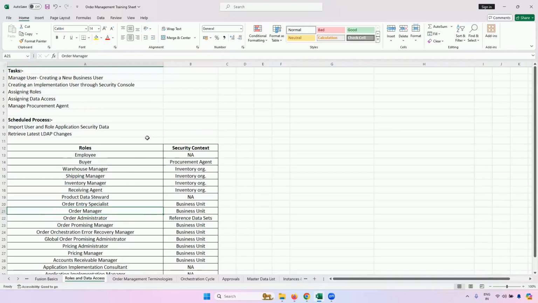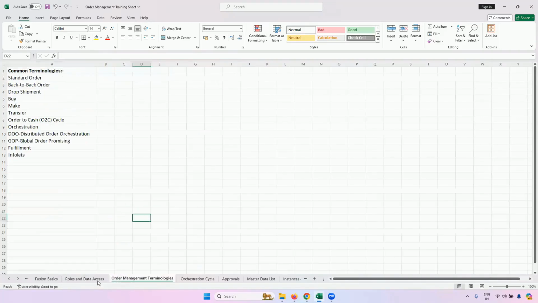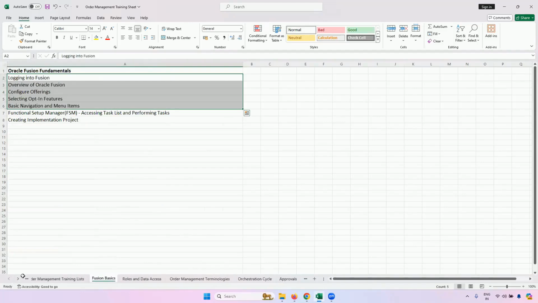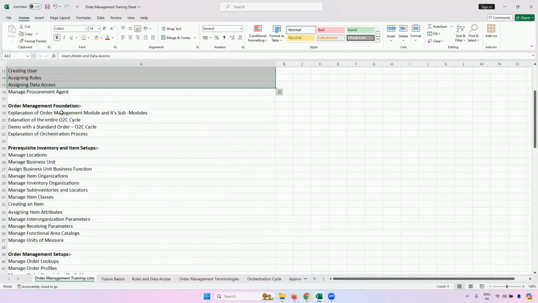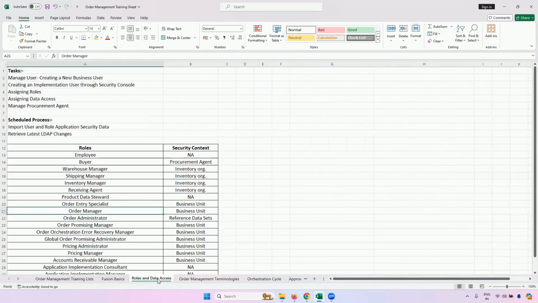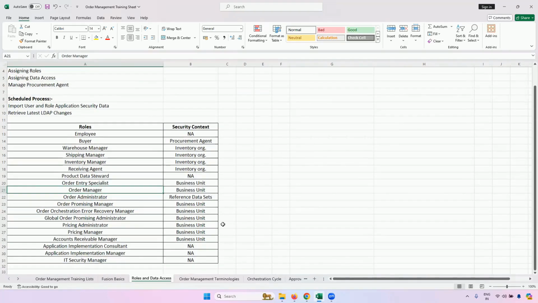Okay. So that's the reason, to save time on the training so that we can cover the other things as well. It is for your practice purpose, right? I think you should be comfortable in creating business users and assigning them the respective roles and data access. So that would be for your practice purpose. But you're right. In a real-time scenario, one person is not given all the roles. There have to be 10, 12 people.